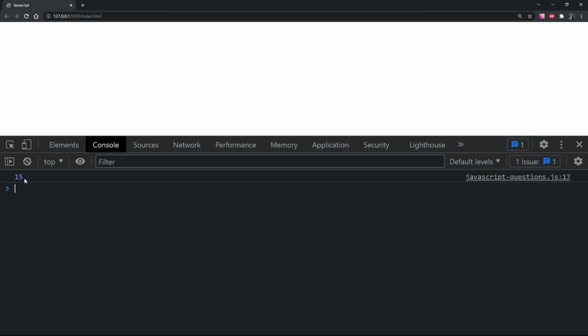We get a value of 15, but we also need to sum the digits of this number.